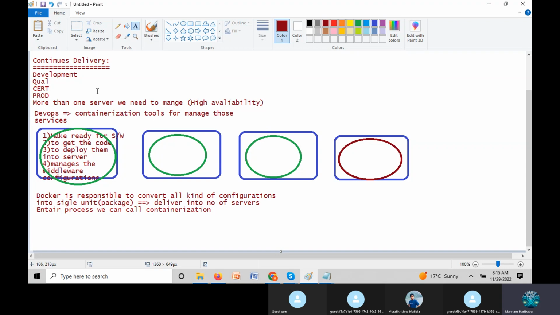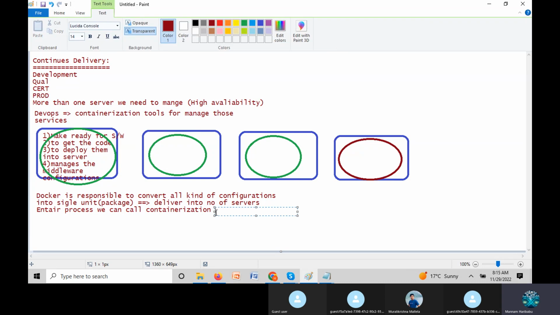Continuous delivery is nothing but making sure of consistency in all the servers, whatever configurations we are doing. That is called continuous delivery. To make the consistency in all the servers, that is called continuous delivery. Okay, right. So now coming to